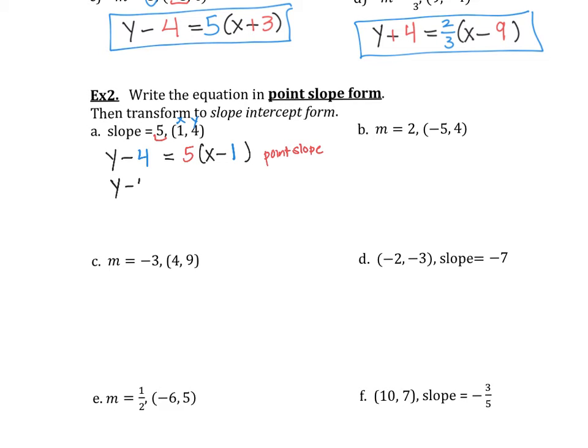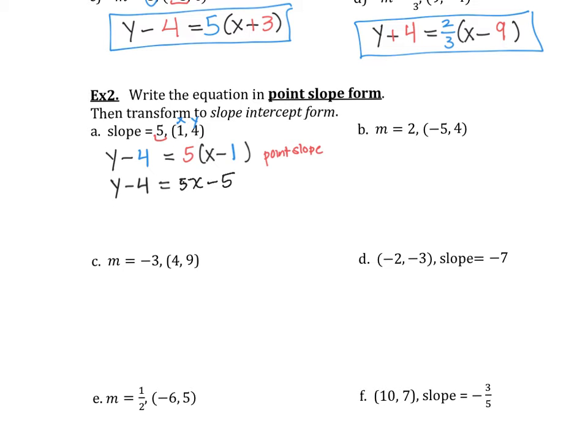The first thing I'm going to do to solve this for y is distribute the 5. So if I distribute the 5, 5 times x is 5x, 5 times 1 is 5. So I'm going to get 5x minus 5. For slope intercept form, I want it to be y equals mx plus b, so I need to get the y by itself. Because I have y minus 4,